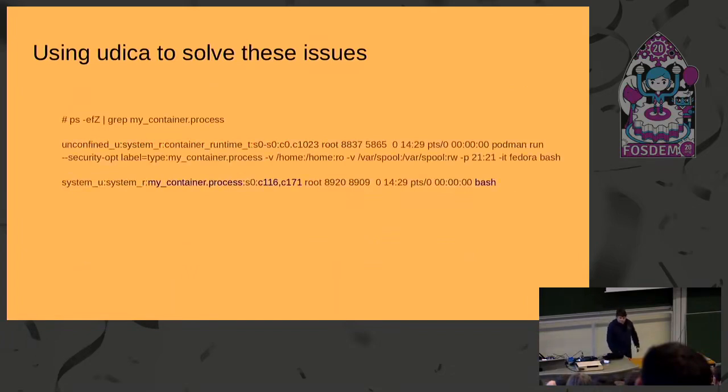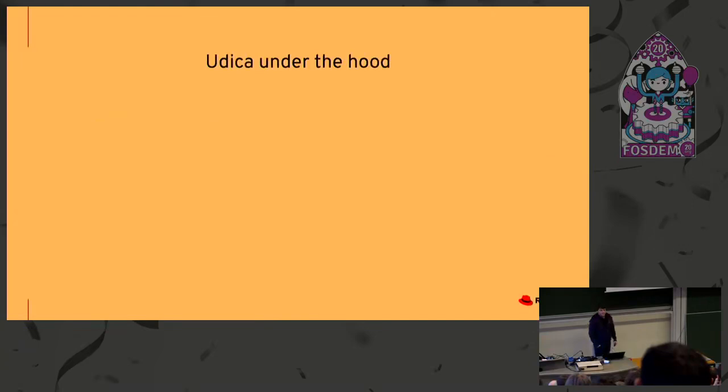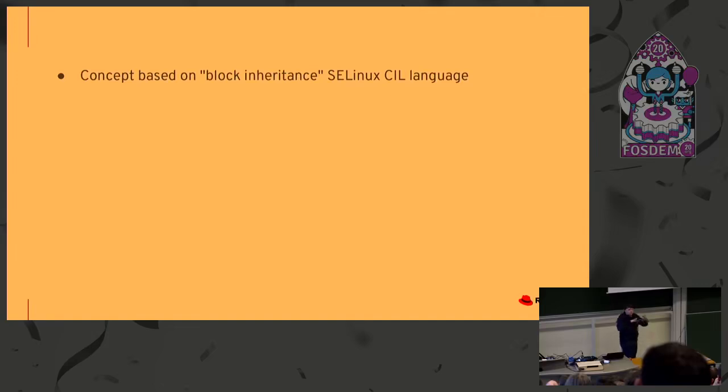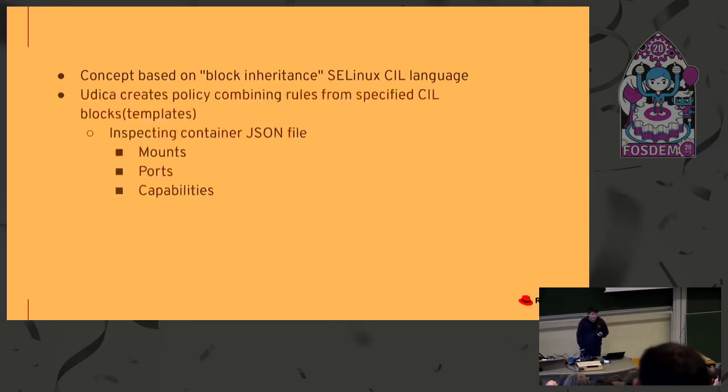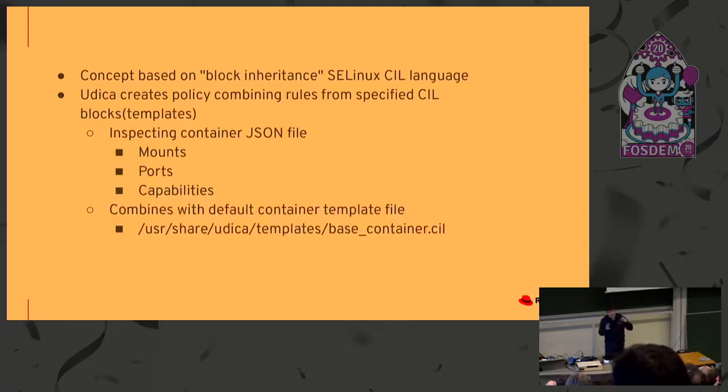Then just to prove it, when we run ps, we will see that our container is running with our new SELinux label. So how does it look, what's under the hood? The whole concept here is based on the block inheritance feature in the SELinux policy language, where Udica creates policy by combining rules from predefined SELinux blocks, or we can say templates. Udica inspects the container, looks for mounts, ports, and capabilities, and combines these predefined blocks with the base one,